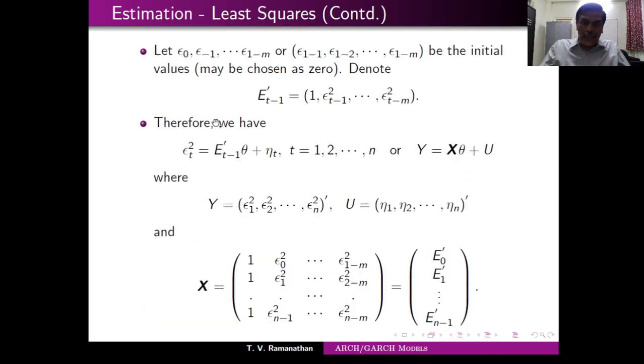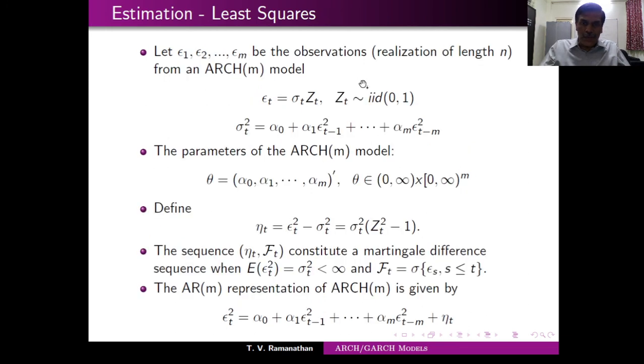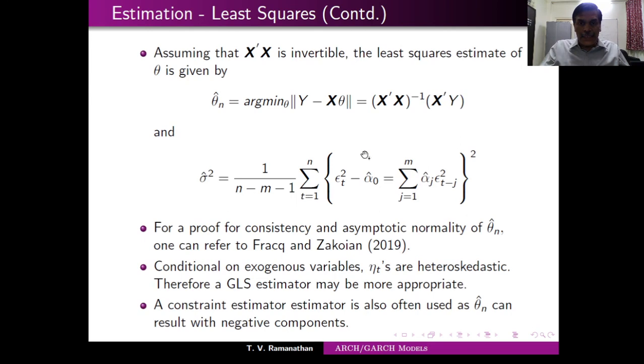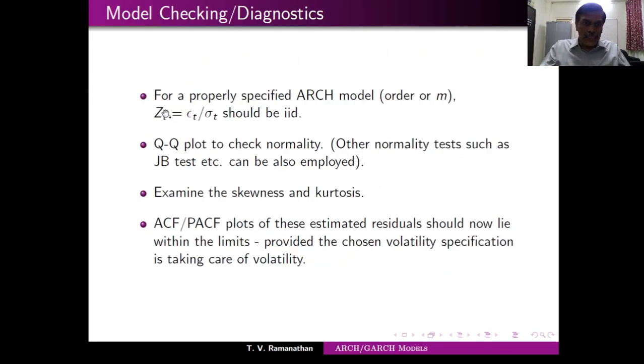What is that modeling? That modeling is nothing but we are trying to model it like this. So if this is not correct, what do you mean by it is not correct? I am still with this format, but I might not have taken all of whatever necessary m that is needed to be taken along with this. In such a case, these properties of z_t will not be true, and this is where you will have the problem. So the residual analysis or diagnostic check will tell you that there is something wrong, so you need to rework on the model of sigma t.